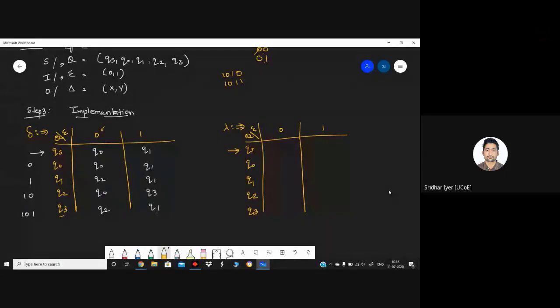Okay, so let's move ahead. In QS, let me know the output. What is the output over here? Kindly follow your logic. The logic says that whenever you encounter a 101, then only you need to output X. Otherwise, everywhere you have to output Y. Is it clear? So kindly tell me which is that transition in your second table that should give me an output X. Kindly tell me the intersection.